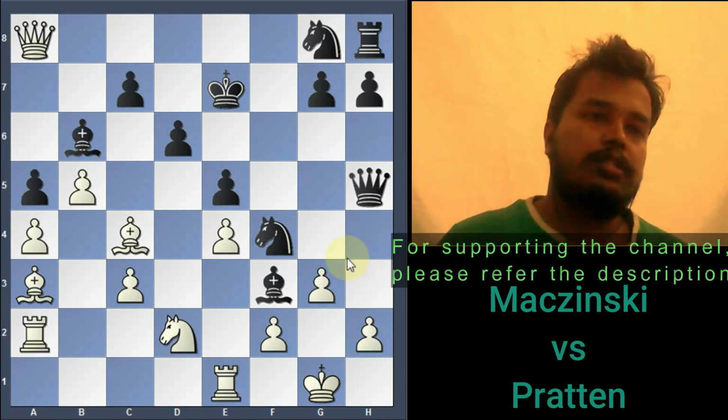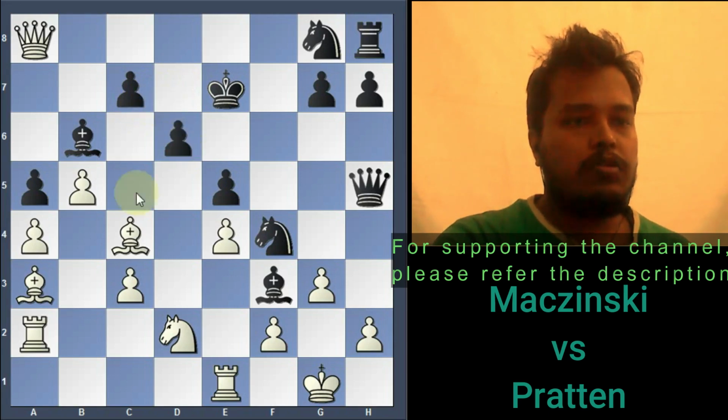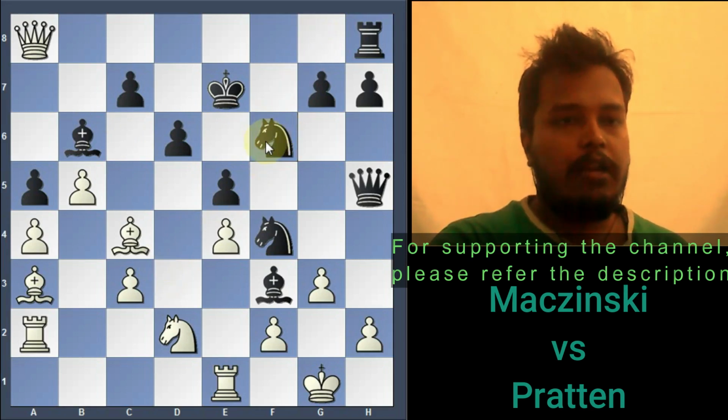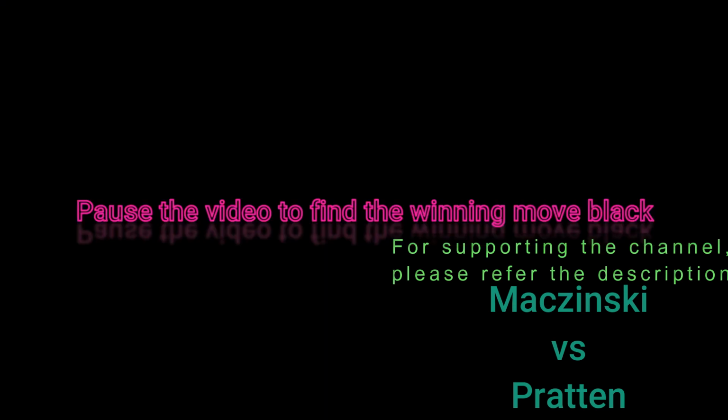Now here comes a brilliant move by black. Here also white had a chance to draw by opening up this center. So he could actually open up the center, and pawn on the d6 could be captured with the bishop. Then his queen could have come to open file, but here also he missed that move, and he played, when knight f6 was played, white actually took the rook on the